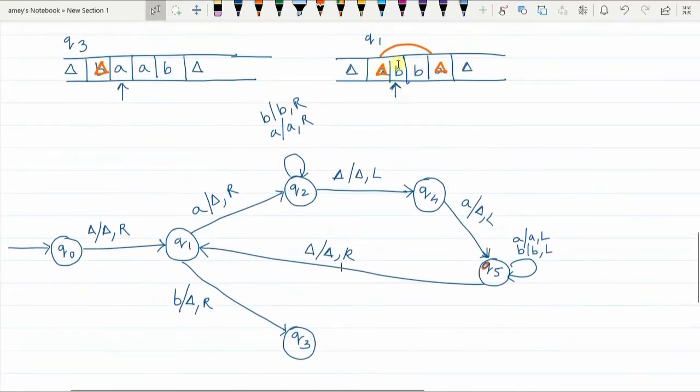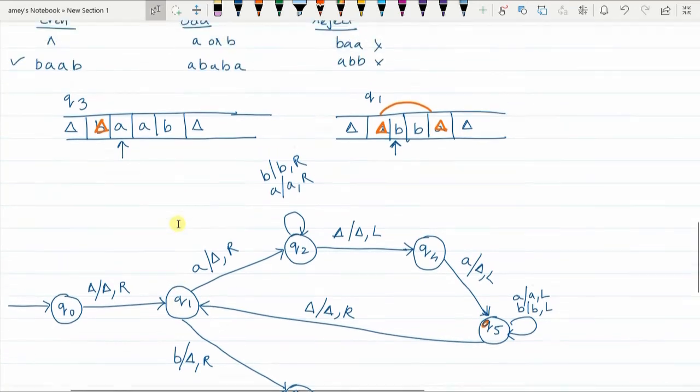Now let's continue further. What is Q1? I started with A, I ignored all the symbols that came on the way till I reached the last A, the matching A, and I cancelled it. Then I again came back to the place where that first A lay. So this is one loop. At the end of the loop, when you come back to Q1, one thing is very sure: you have just found a match. For the first A, you have just cancelled the last A and come back to Q1. Now the same thing would also happen for B's.